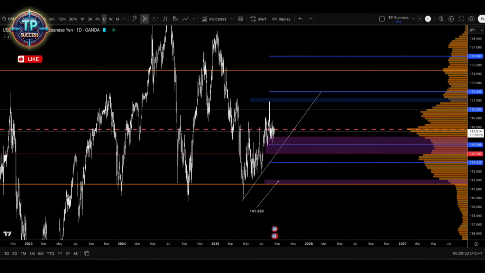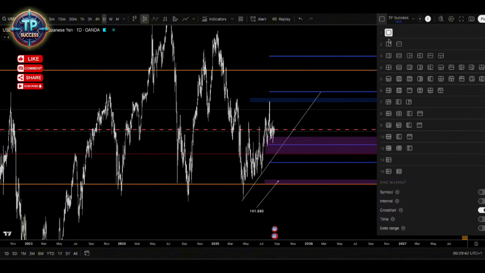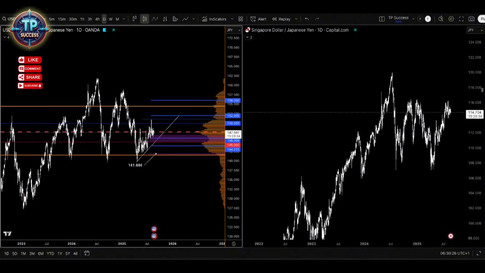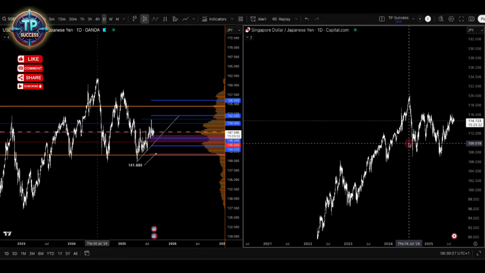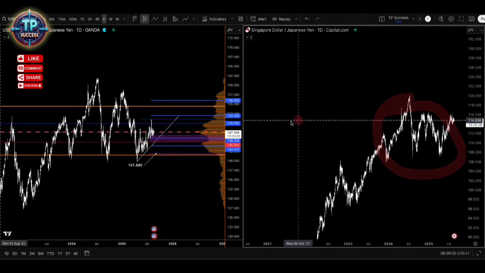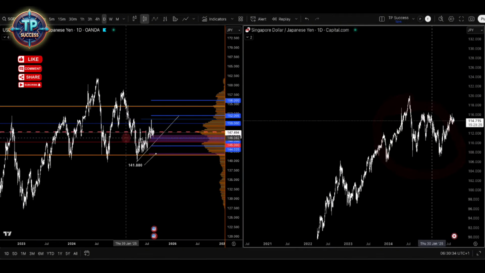So with that said, the first thing I'm going to look at now is the Singaporean dollar versus JPY. So we're just going to create, we'll separate up the situation over here. Okay, so we have the Singaporean dollar right here, right? This is where we've got USDJPY,